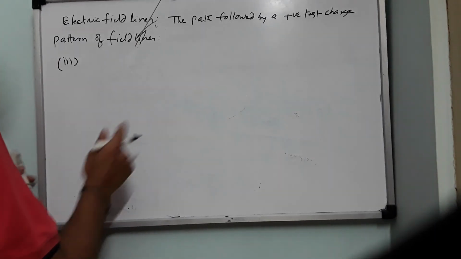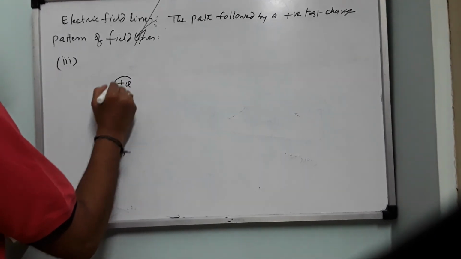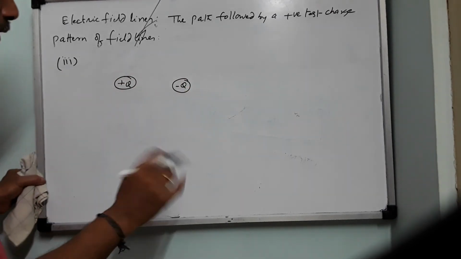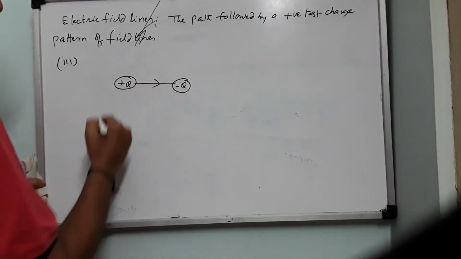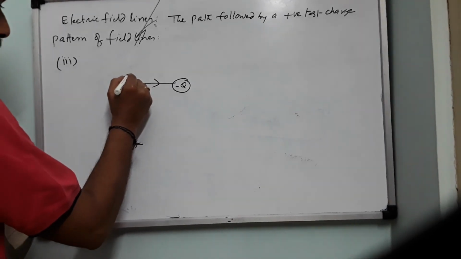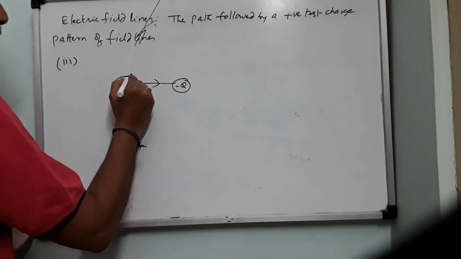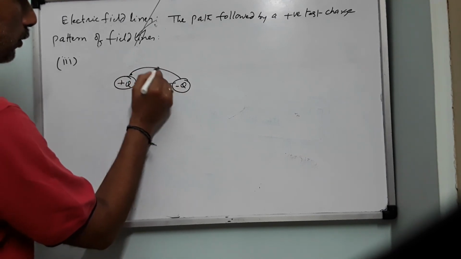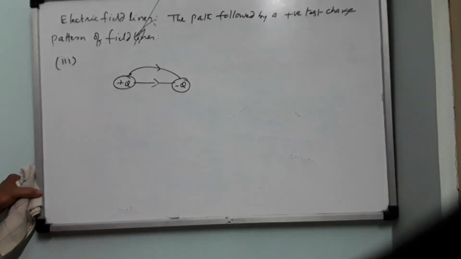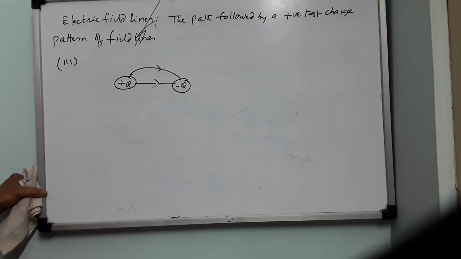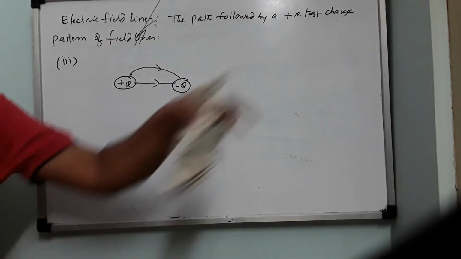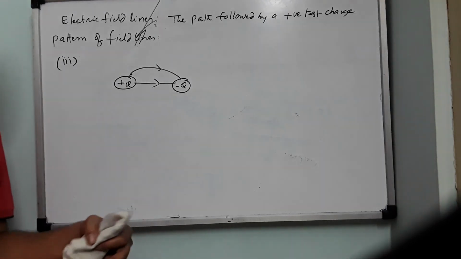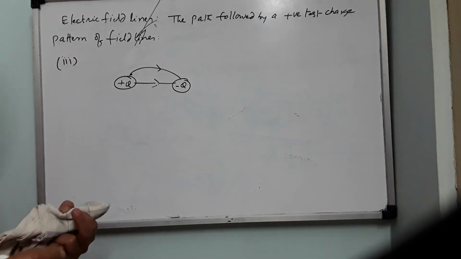Let me draw this again. So here plus Q and here is minus Q. Of course, I am drawing very big, but it should be very small. So like this. Now, if I place Q0 over here, then I said it is repelled like this and it is attracted like this, then compromisingly it will move like this. It is a curved line. So electric field lines can be curved. You have seen in the first two cases electric field lines are straight lines. Is it true always? No, not necessary. Depending on the configuration of the charges available, it can be a straight line, it can be a curved line.